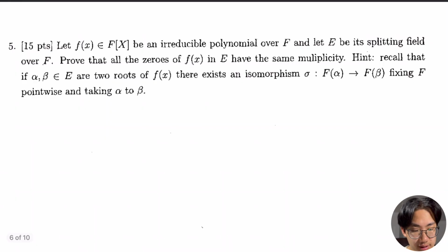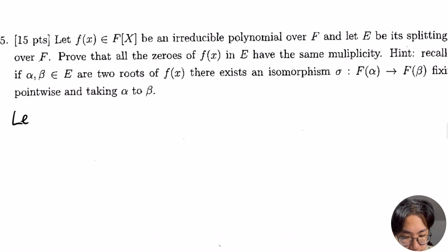Question 5. So we have f of x in this ring of polynomials with coefficients in F. It's an irreducible polynomial over F. We're letting E be its splitting field over F. So we want to prove that all zeros of f of x in E have the same multiplicity. Okay, so first we'll set up the question, and then we'll go into the more useful definition of multiplicity in this question. So first, let alpha, beta in E be roots